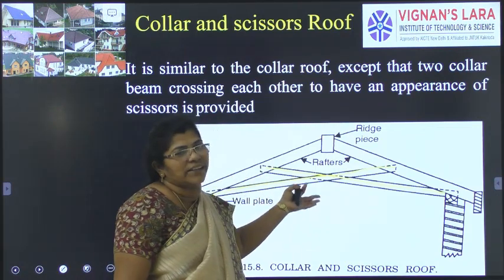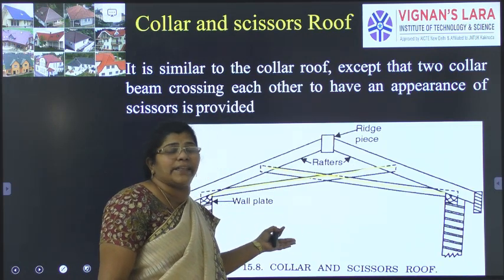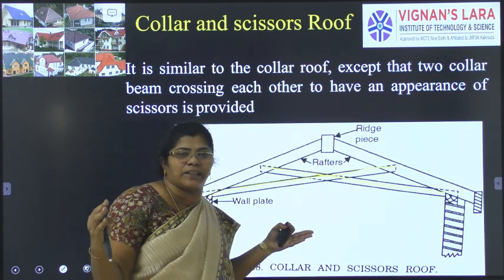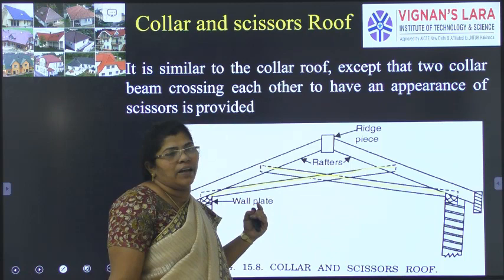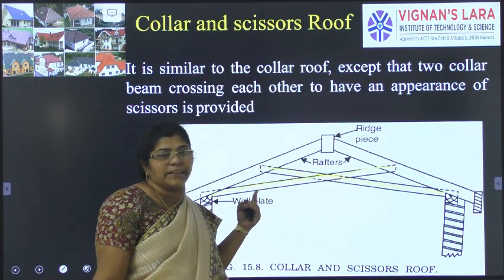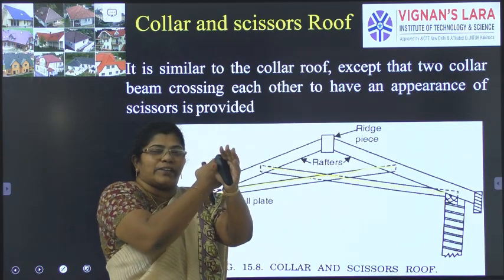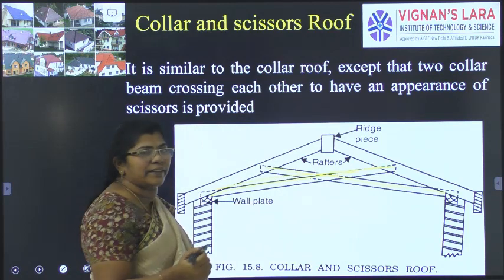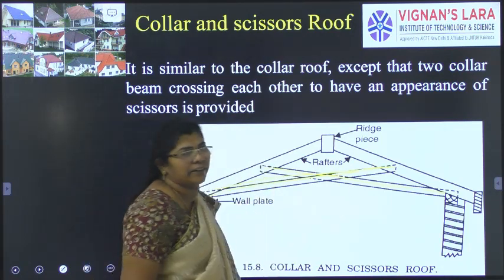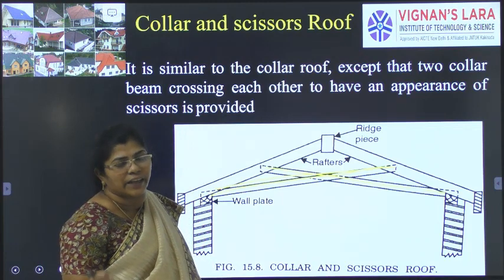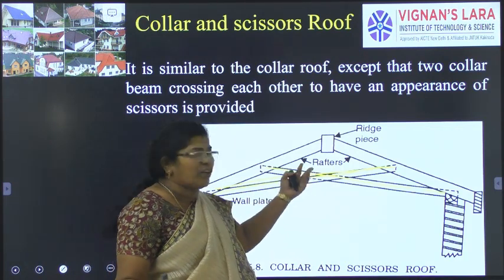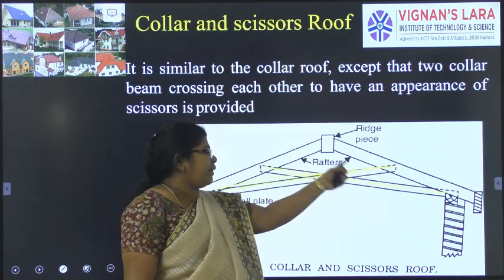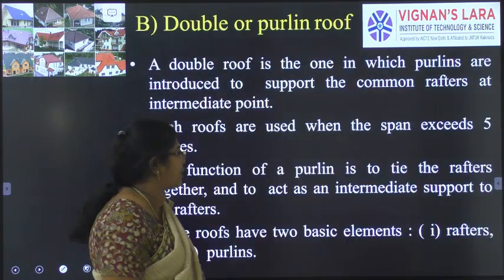Okay, so what is this additional strength? Due to weathering conditions, if there is any movement, that is shrinkage or expansion of the wood, then if this type of tie is there, it will withstand it. It will move slowly and come to this position. Why is this? If one rod is undergoing compression, the other rod will undergo tension. Similarly, if the other rod is undergoing compression, then alternatively one will be in tension and the other in compression, so that the main rafters and ridge will not be affected.